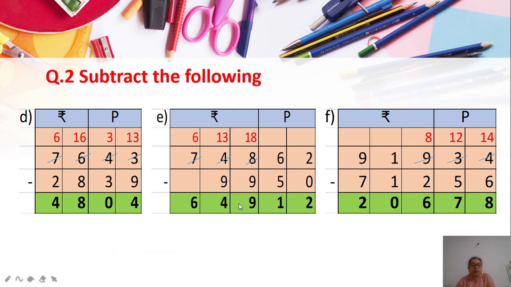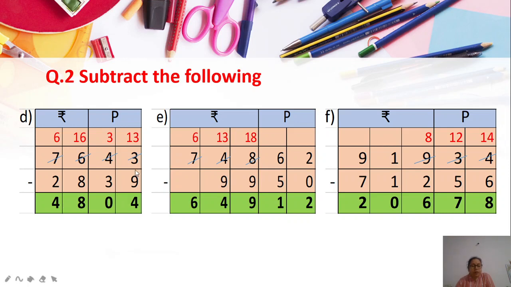The same way we can solve the subtraction also. Here my question says subtract 228 rupees and 39 paise from 76 rupees and 43 paise. We have arranged paise in paise column. We have arranged rupees in rupees column. Then we can do like normal subtraction.